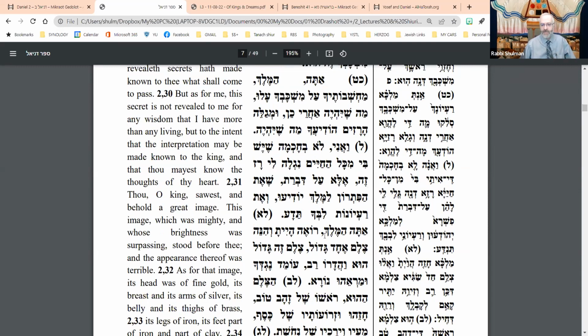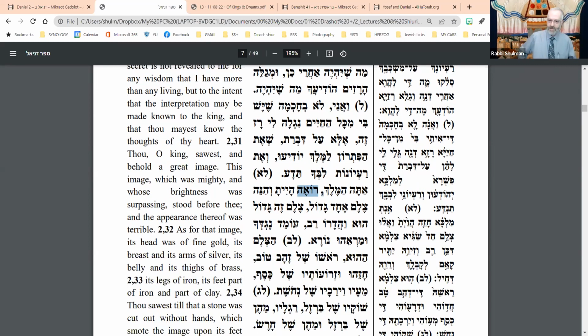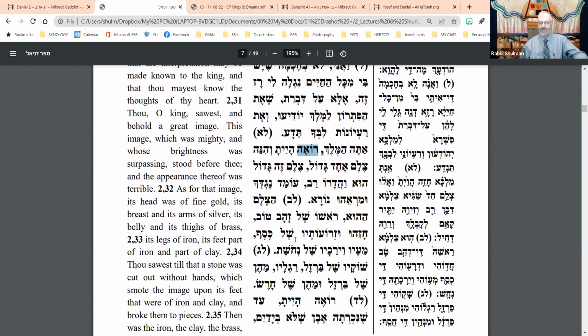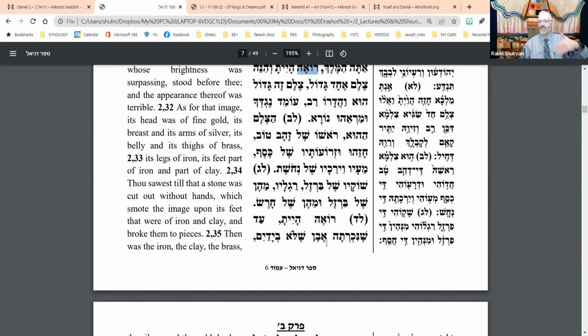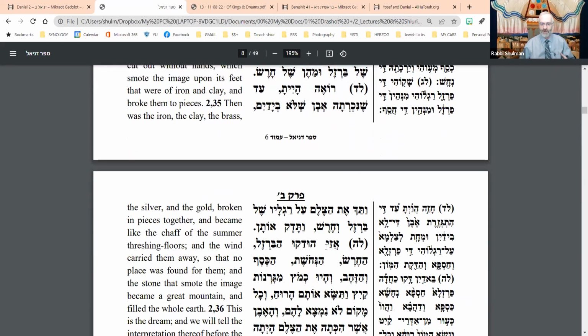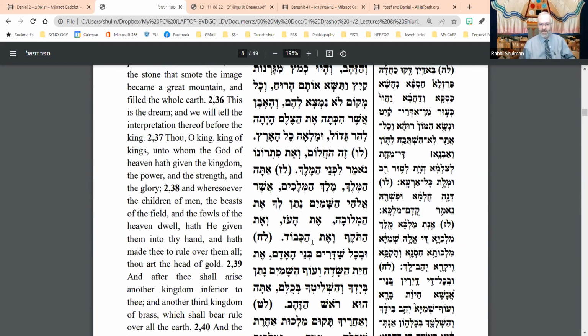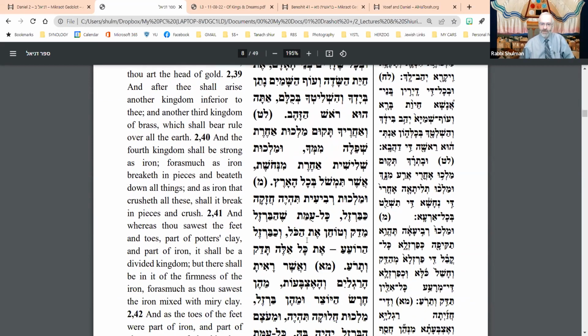Okay, this is what you saw. Now I'm going to skip from here because what he actually dreamt is much more complex than a shear or two by itself. So we're going to skip the whole dream. Daniel reports the dream and he reports the interpretation and the vision all the way to Achrit Yamim, the great Malchut Shemayim that will last forever, the destruction of Bavel, and all that that entails. We will come back to all of that